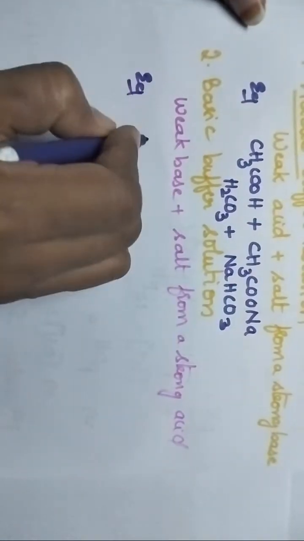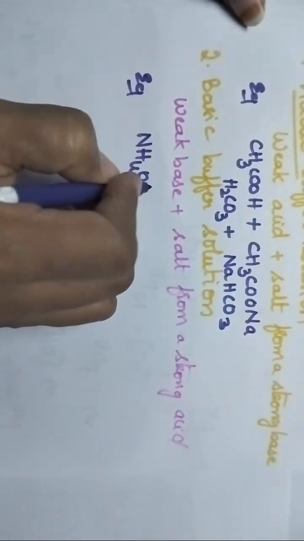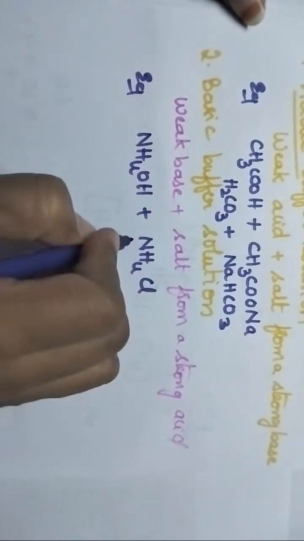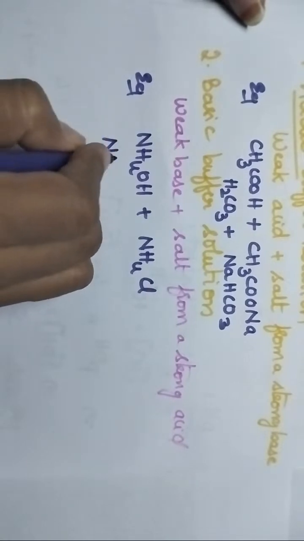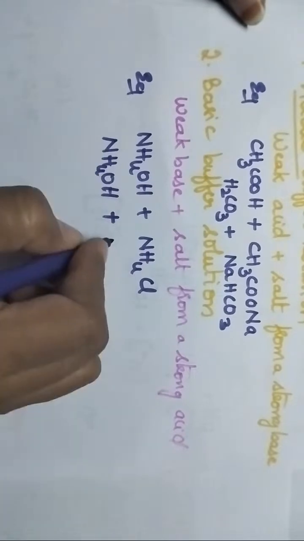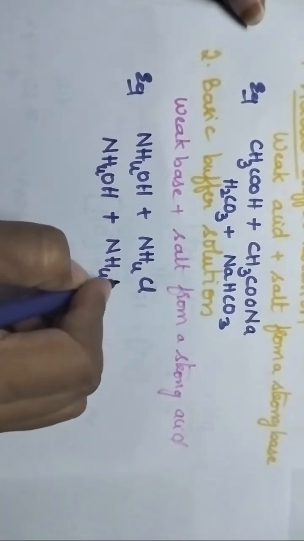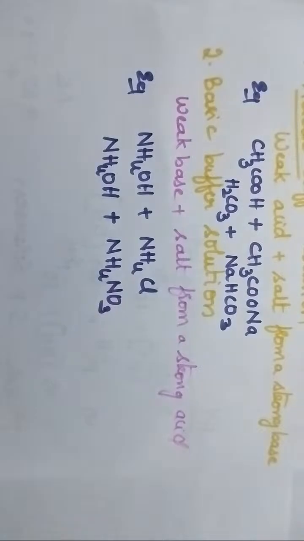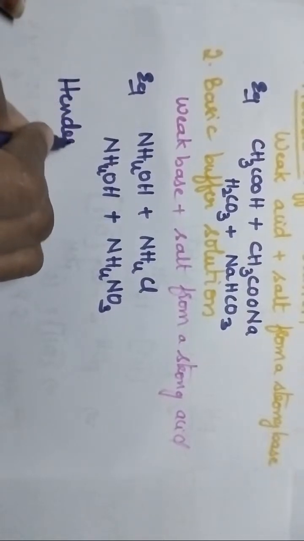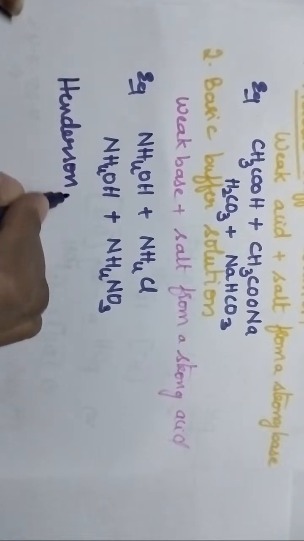A good example is ammonium hydroxide, the weak base, and its salt prepared with HCl, that is NH4Cl, or its salt can also be prepared from other strong acids like nitric acid, then it becomes ammonium nitrate. This is all about the types of buffer solutions, and for the first time, according to Henderson, he gave